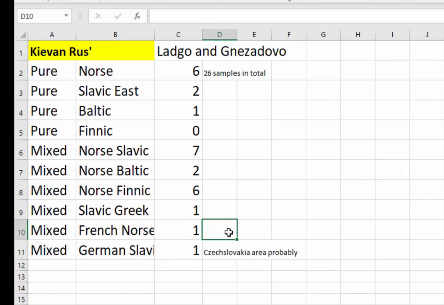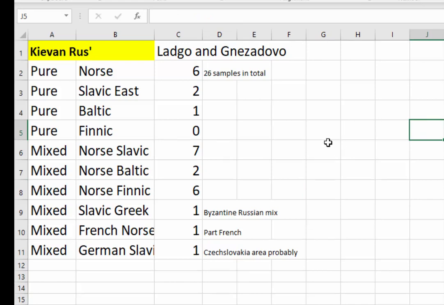There were a few outliers among these Kievan Rus DNA samples in Russia, but I don't want to spend a lot of time talking about them. I'll just say that a few of them seem to have had French admixture from Western Europe. One seems to have been from Czechoslovakia, and the one I will talk about is that one had mixed Greek